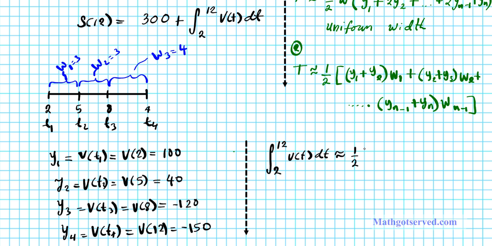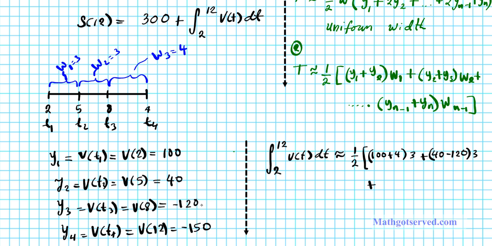So we have y1 plus y2. y1 plus y2 is 100 plus 40, multiplied by width 1, which is 3, plus y2 plus y3, which is 40 plus negative 120, which is 40 minus 120, times the width W2. Okay, W2 is 3, and then plus